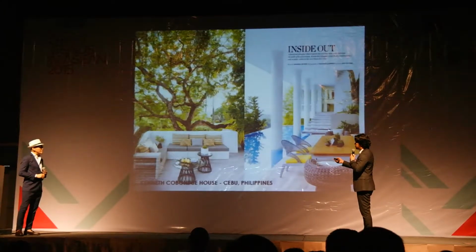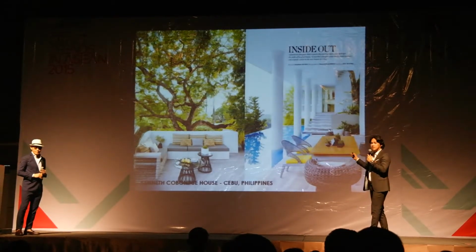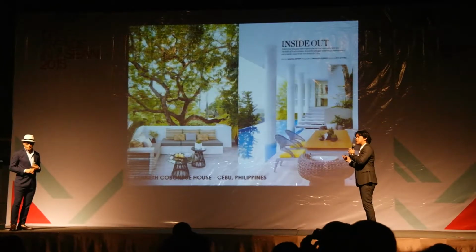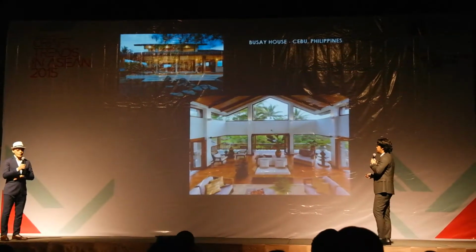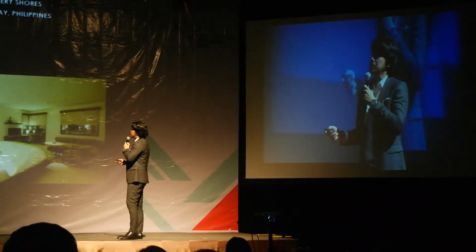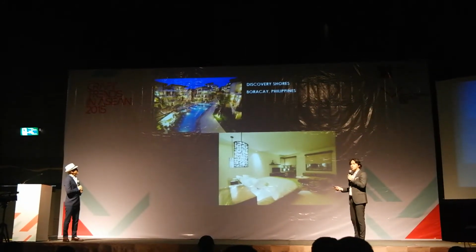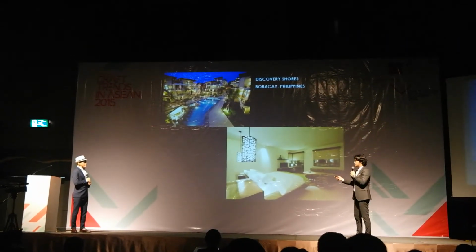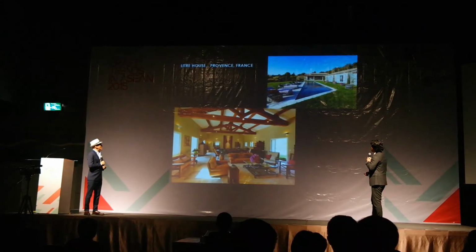We are presenting to you how crafts and architecture and tropicality can be one together to be a stronger sensibility, so that the West will recognize also the sensibility of the East in a modern way. So this is why we were able to put together, and we envisioned to put together a strong sensibility of atmosphere. We did resorts. We are doing resorts, airport designs. We're now doing the airport of Manila and Cebu. We're doing projects in Boracay. This came out to be the #1 top destination in the world last 2011. And we did projects in